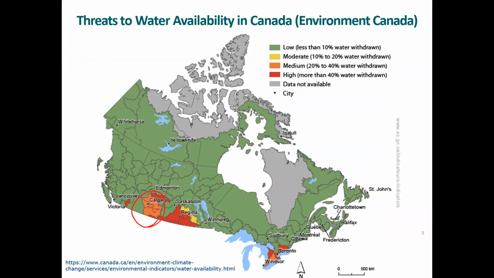In fact, some of those parts of Alberta are considered deserts, and that's actually a very agriculturally dense part of Alberta as well. Also Saskatchewan and Manitoba. Again, we've got major agriculturally dense parts of the country, and these are areas where we're withdrawing a lot of water for that agriculture. Last year in particular was really bad in terms of the amount of rain, and so they are at risk